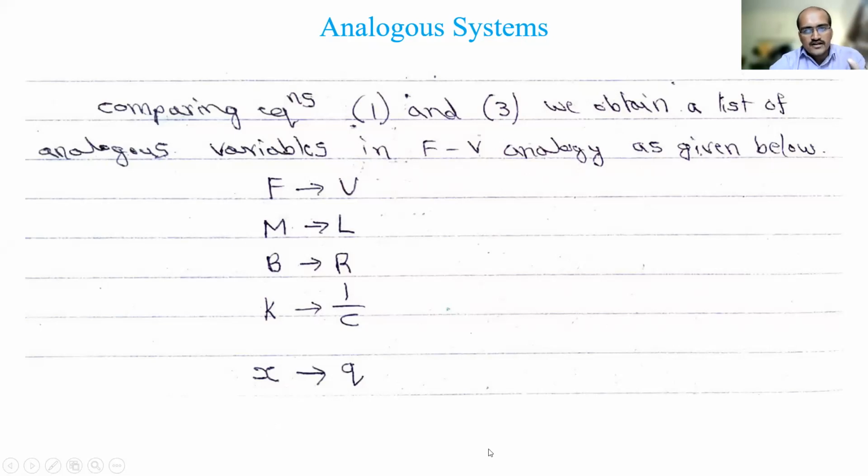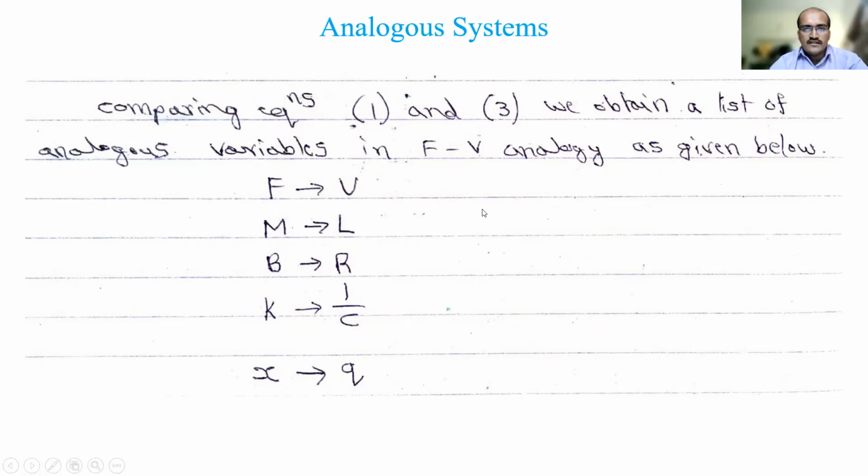So I hope you understood a little bit, not 100%, because everything you are learning is new here. But as we start the problems tomorrow, in the next class, it will become clear. So the FV analogy means you should consider a series electrical system network. Keep that in mind, and this thing you need to remember somehow. As you practice it, you will come to know.